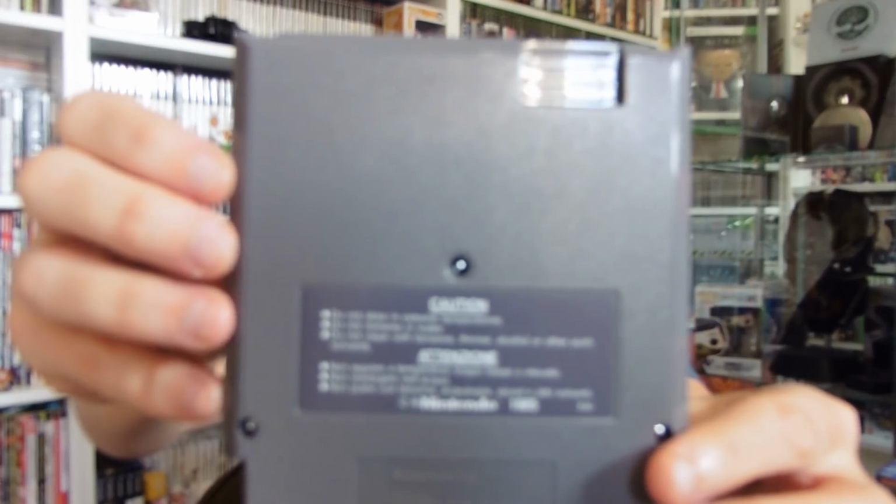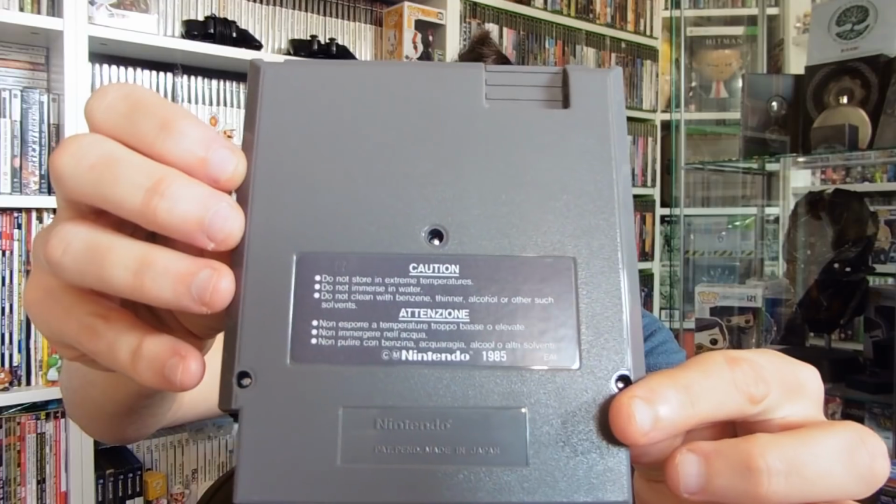And the back. So yeah, there is our Isolated Warrior. We have 2 Nintendo games now back in the collection. Still a few more to get. Like I say, I've written a list. I think there's maybe 15, 20 games that I need to get for the Nintendo. So we will have them